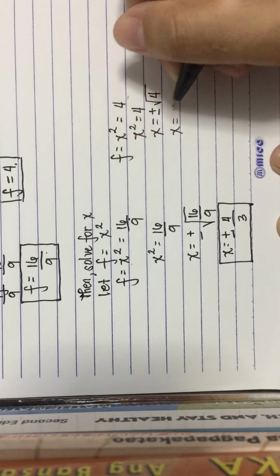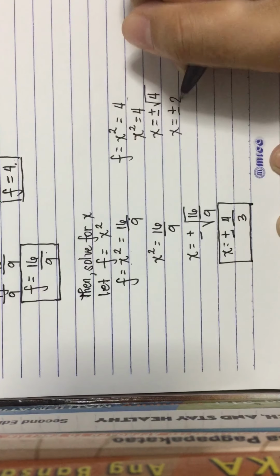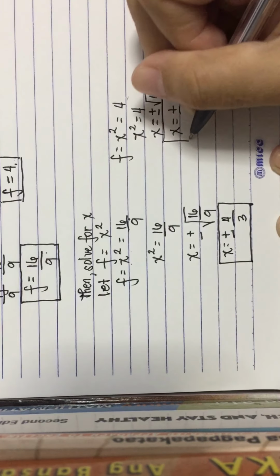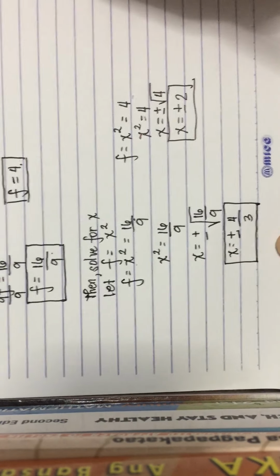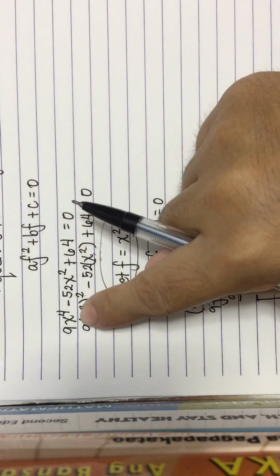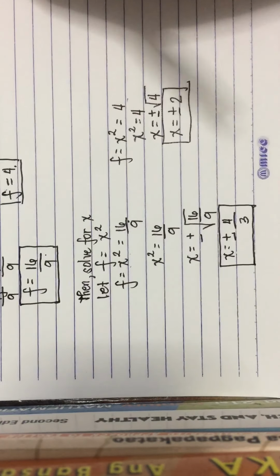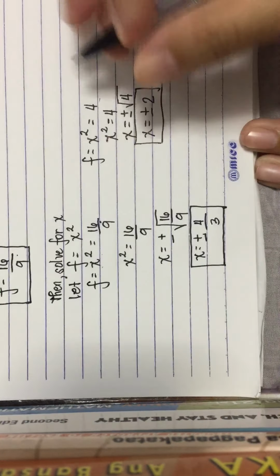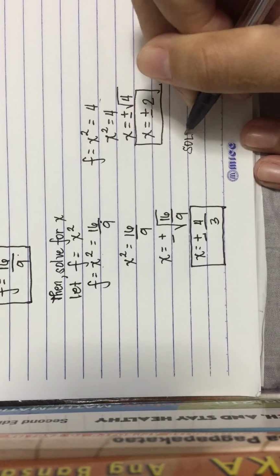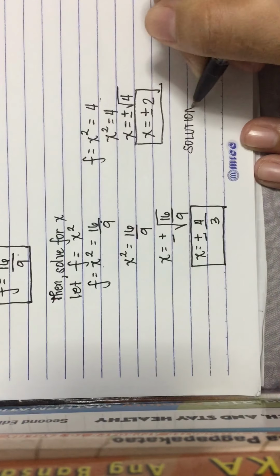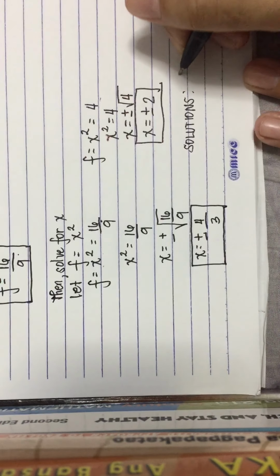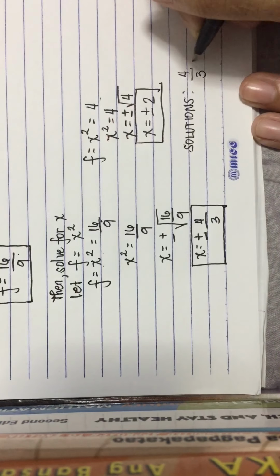Therefore, we have x equals positive or negative 2. Therefore, the solutions of 9x to the 4th minus 52x squared plus 64 equals 0 are, so here are the solutions. We can write it down as, so solutions is 4 over 3, negative